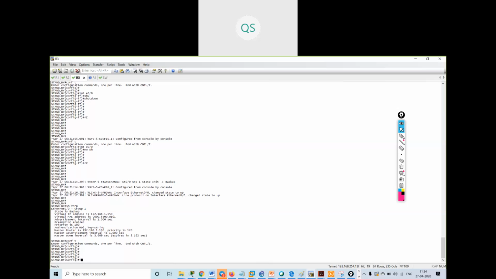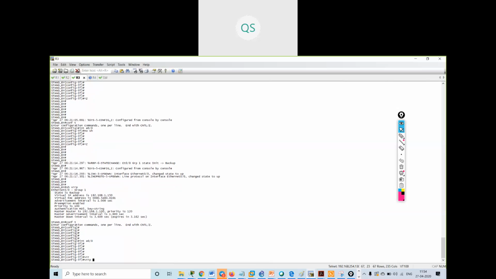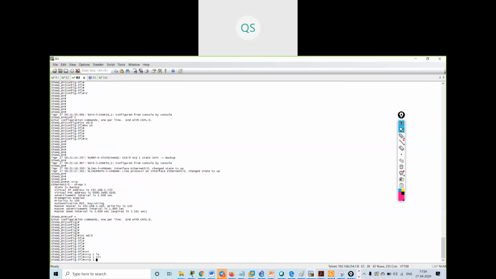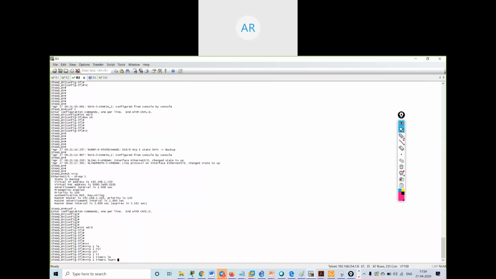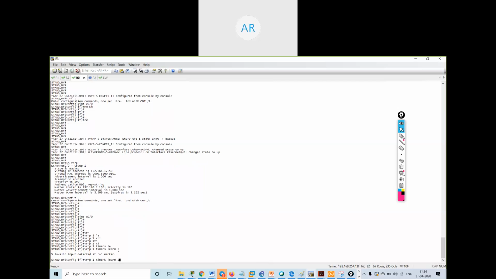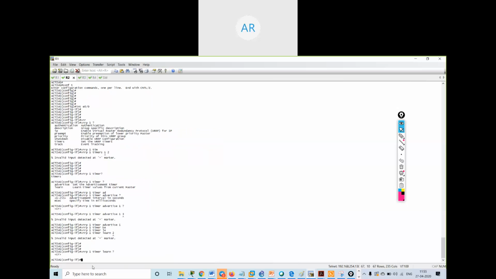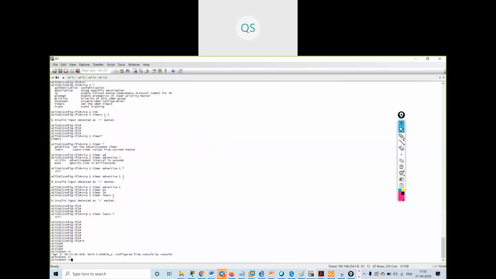Config terminal, interface E0/0, VRRP 1 timers learn. Sir, learn is not a timer. The learn method will take the timer from the master. Show VRRP.